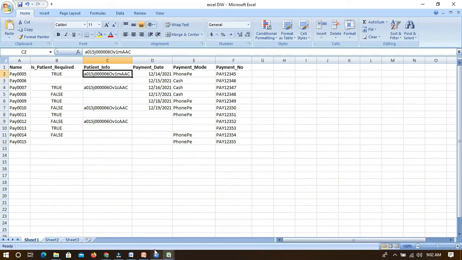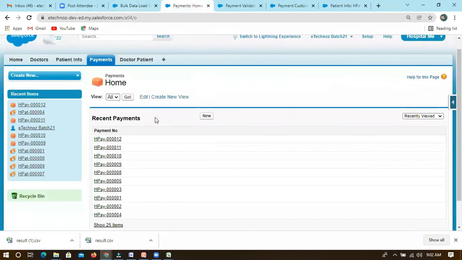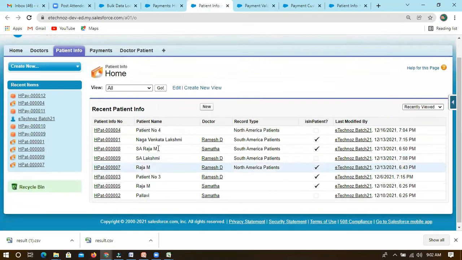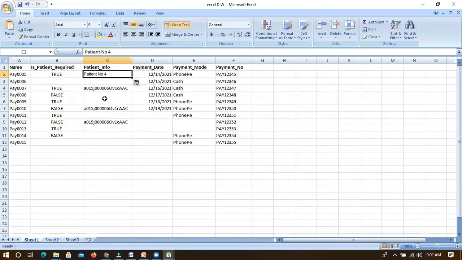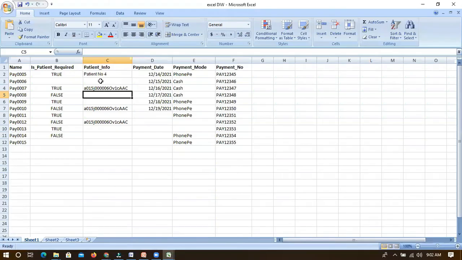For this patient info, let me quickly take one patient, patient number 4. Here, let me give Naga Venkata Lakshmi.